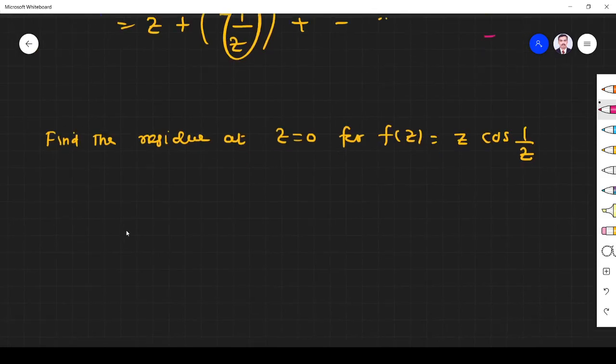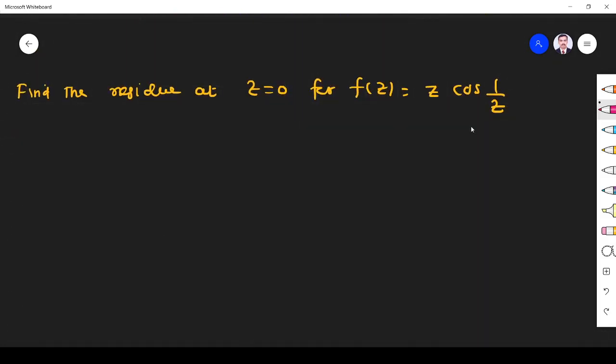And the next question is: find the residue of z into cos z, cos 1 by z, right? So here also, you see cos 1 by z, I can expand by using Laurent expansion. So here we don't need to go for poles, right? It is very difficult to find the poles because it is not a function of 1 by z in the denominator, right? So what I do is z into cos 1 by z, I expand as,